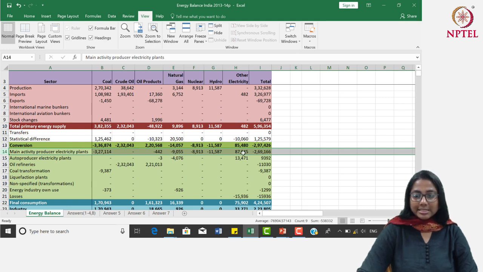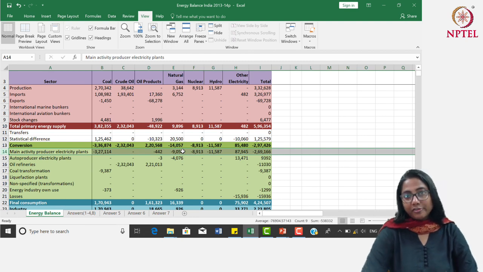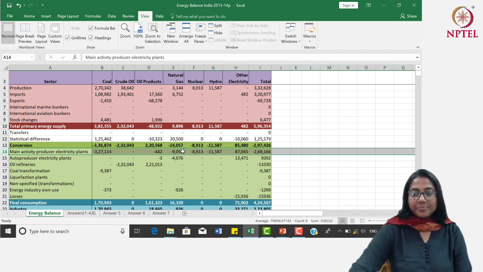So you see, this is the total amount of electricity that is being produced, 87945 kiloton of oil equivalent. And these are the combination of primary energy that is being used to produce electricity, and the amount of natural gas used is 9055. So you are using 9055 kiloton of natural gas in order to produce some amount of